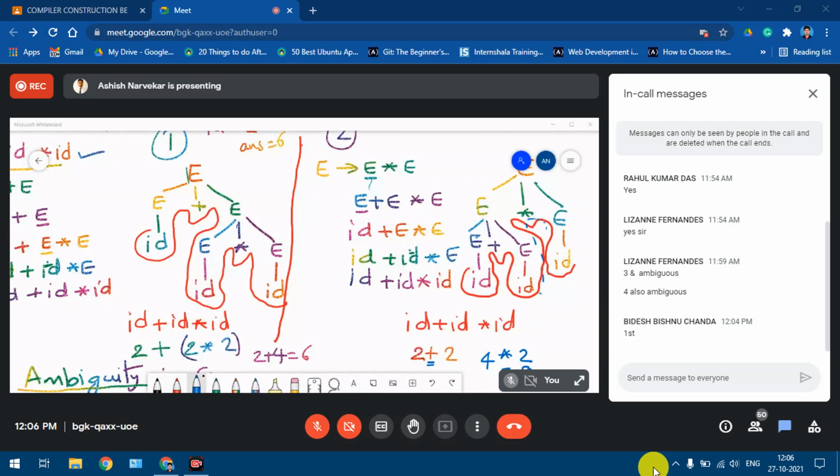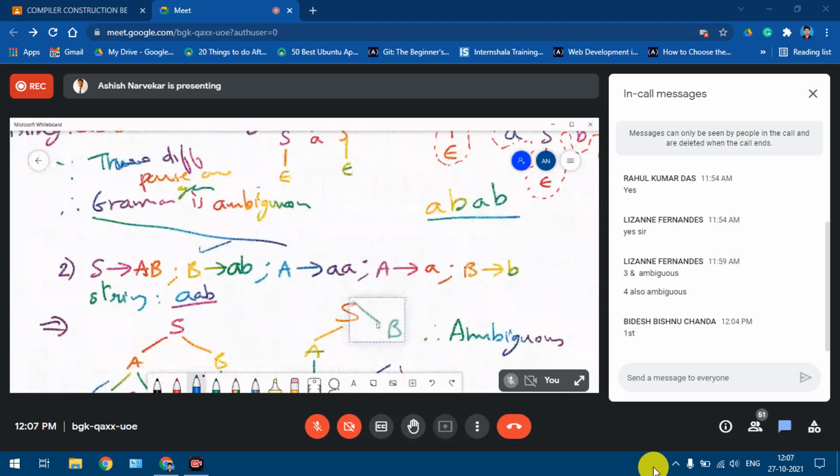But if the system uses the second parse tree, it will see that the plus operator is readily getting both the operands. So it will do the addition first and then the multiplication, which is against the rules of the language. That's how it will create a problem and it can give wrong results. So basically this is the problem with ambiguous grammars, and this problem of ambiguity can be solved. We'll see in the next part how ambiguity can be removed.